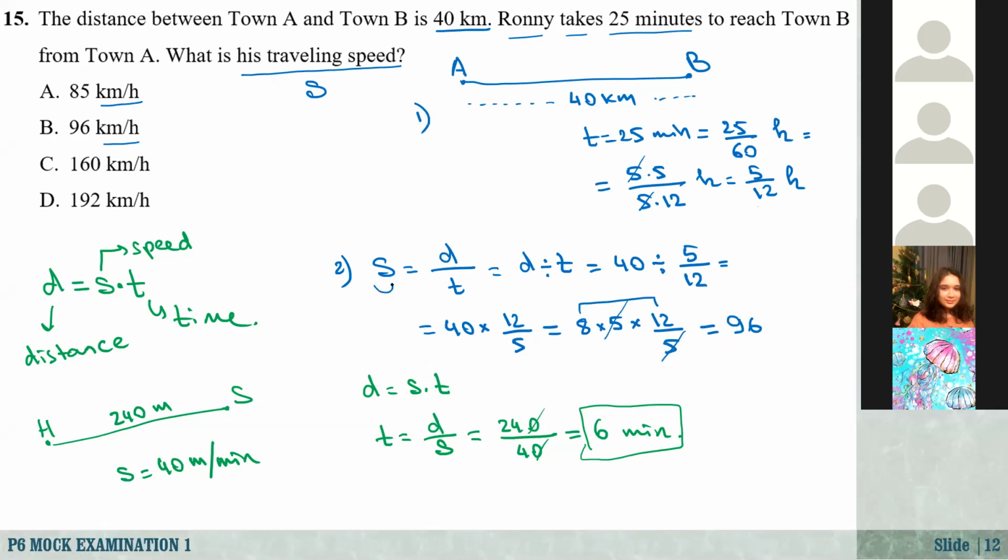So we are talking about the speed. What is the unit of speed? It is kilometers per hour. That means he was traveling at 96 kilometers per hour. That means every hour he was traveling 96 kilometers. So what is the correct answer? The correct answer is,